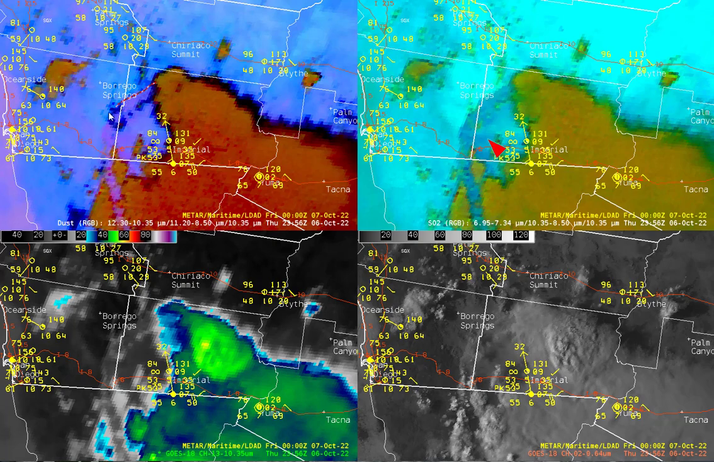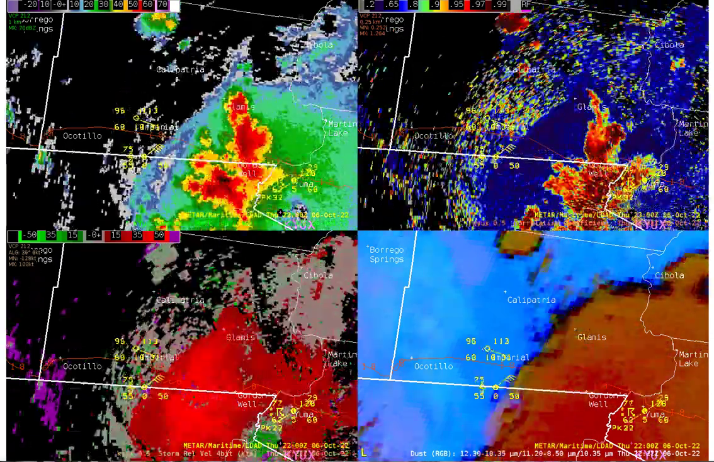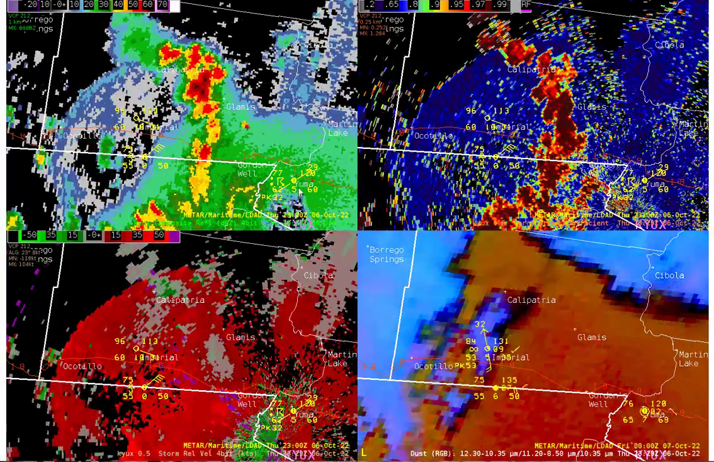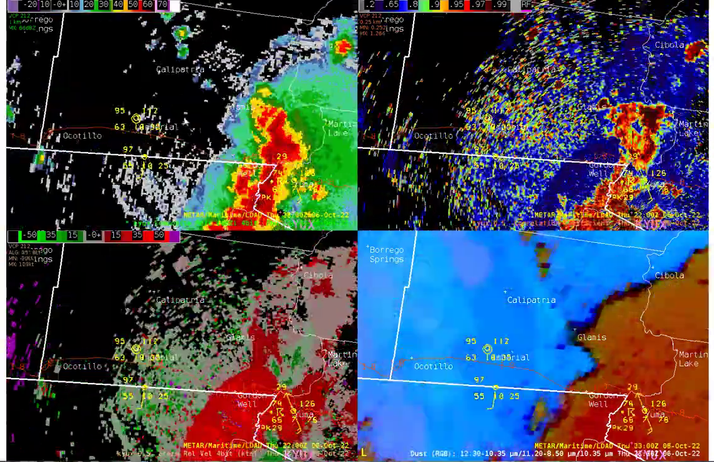Here's our leading edge of the outflow boundary, and it is pink behind that, indicating dust in the dust RGB, and then over here in the SO2 RGB, the dust is indicated with these blue colors behind the leading edge of the outflow boundary. We switch over to the radar from the Yuma site and note that the leading edge